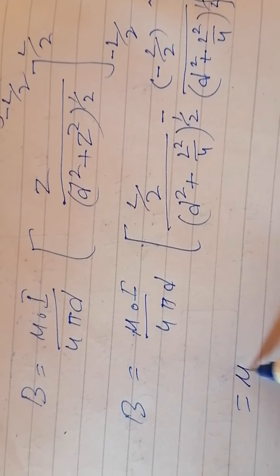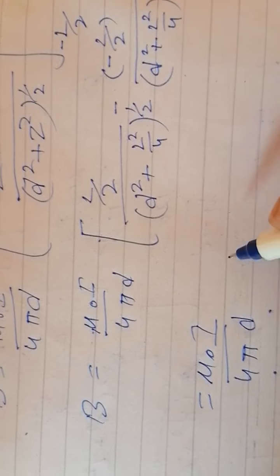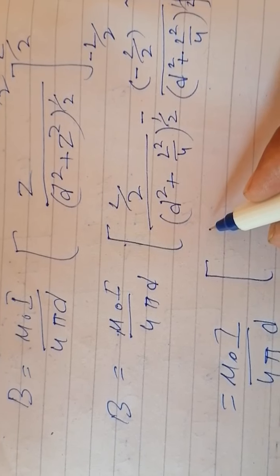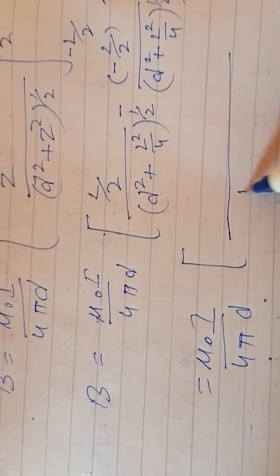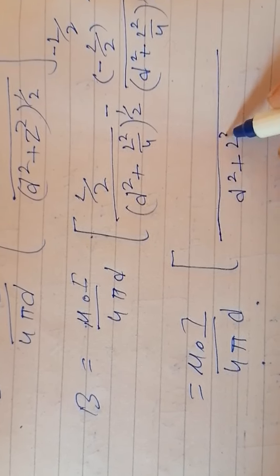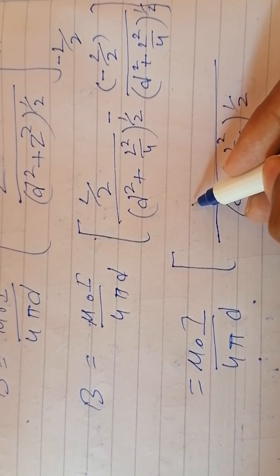And this will become mu naught I over 4 pi d, and if we take the LCM, that will be d square plus L square by 4 whole power 1 by 2,